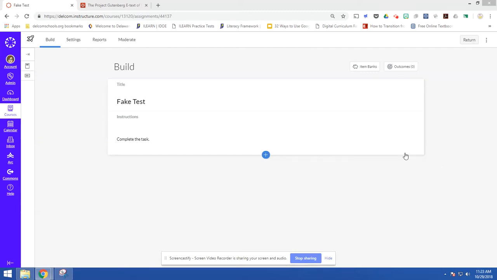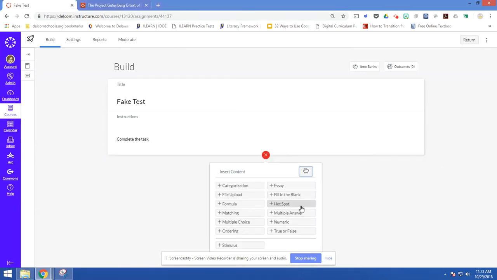One of the new types of Canvas questions is called the HotSpot question. These HotSpot questions are great for having students click on a particular spot on a diagram or on a map to show you that they know where something is at. But this can also be used for text and is great for test prep because most of our digital tests